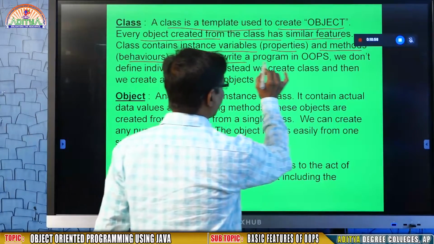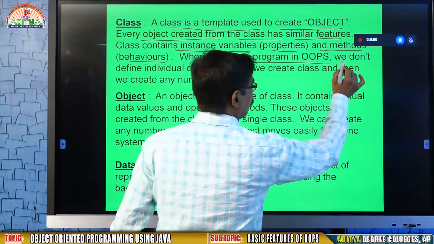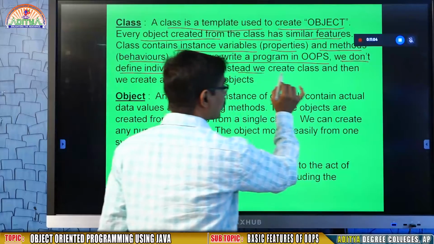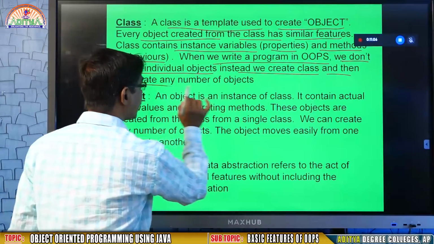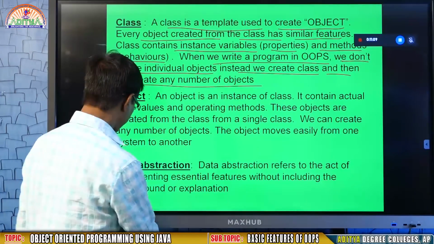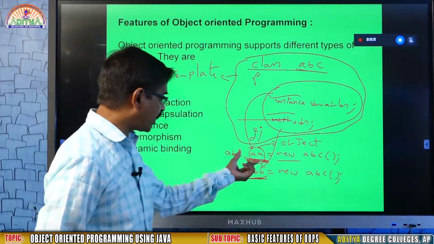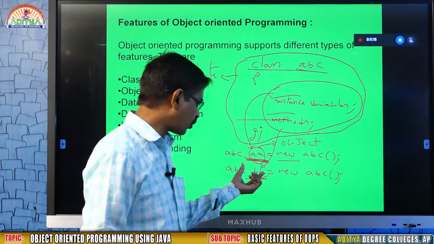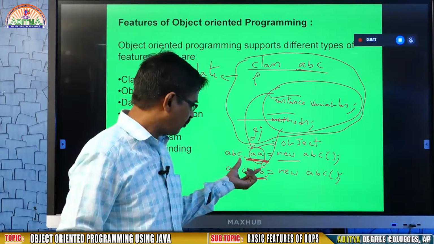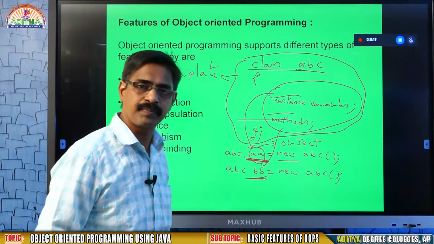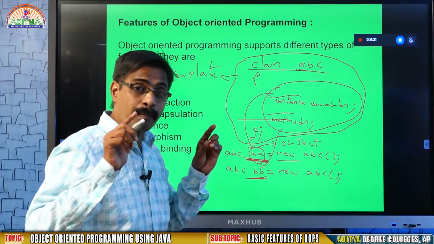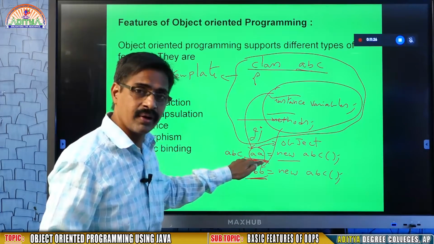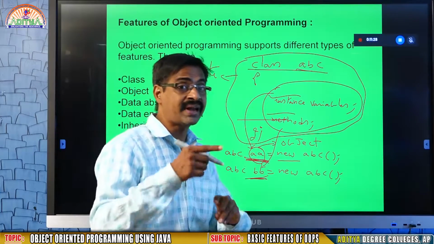When we write a program in OOPS, we don't define individual objects. Instead we create a class and then we create any number of objects. Remember, for example, I want to create a Kumar object where I want to store Kumar information. I want to create a Raju object where I want to store Raju information. Always people create a class, and from the class they create objects, but you are not allowed to create an object directly.